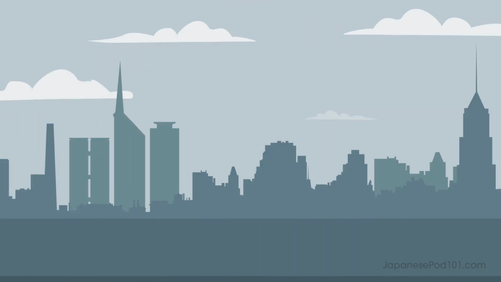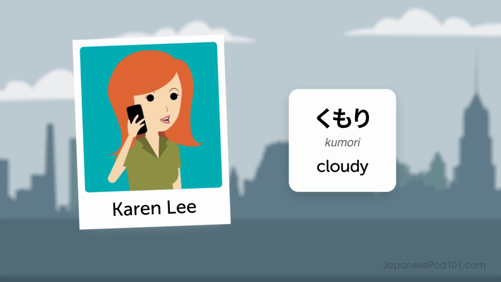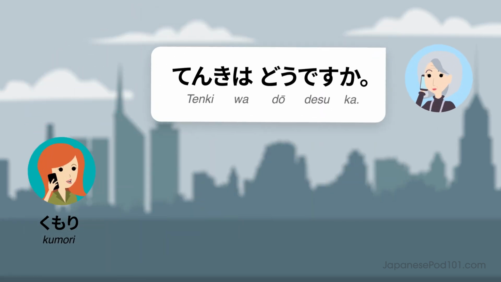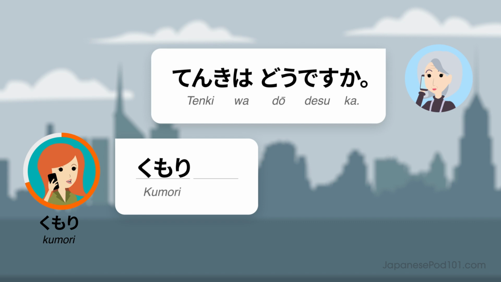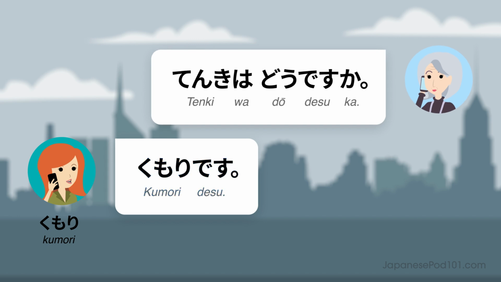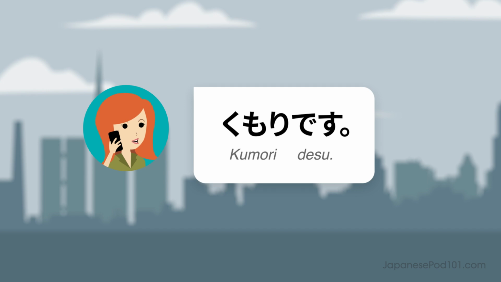Let's practice. Imagine you're Karen Lee in cloudy Tokyo. Respond to the question. Ready? 天気はどうですか？曇りです。Listen again and repeat. 曇りです。